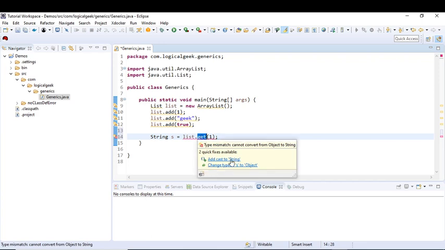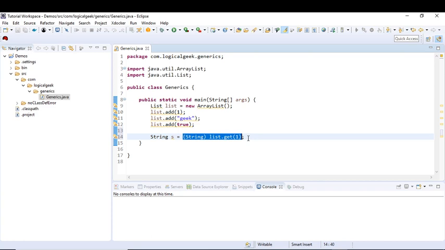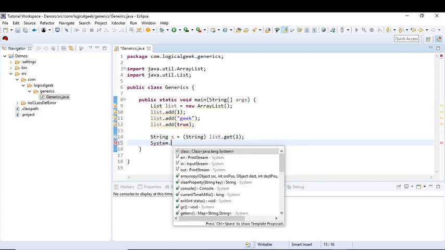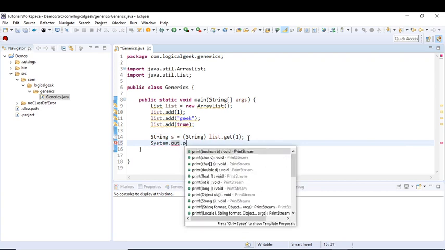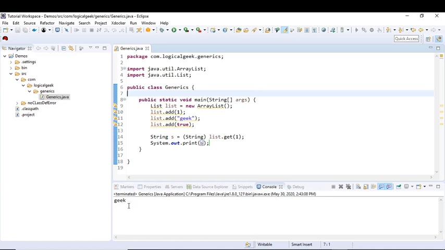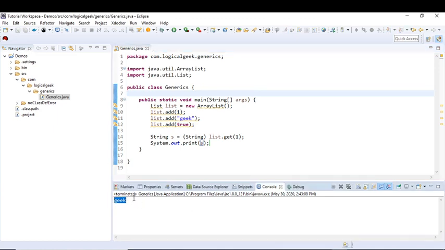Let us add a cast to this. We will print this value. Let's run this application. So as you can see, geek is printed out in console.